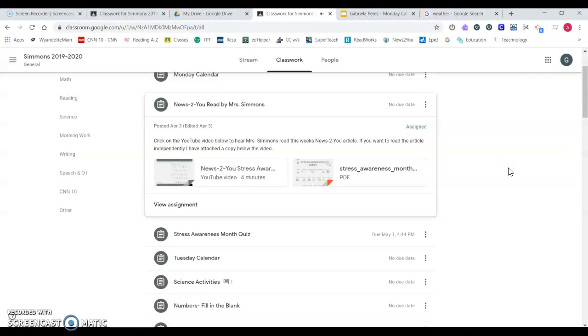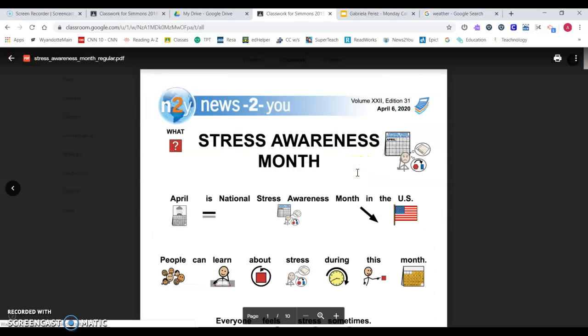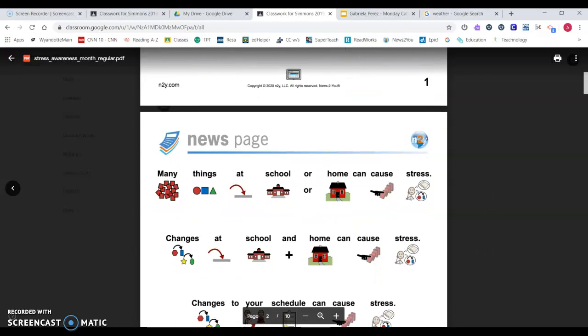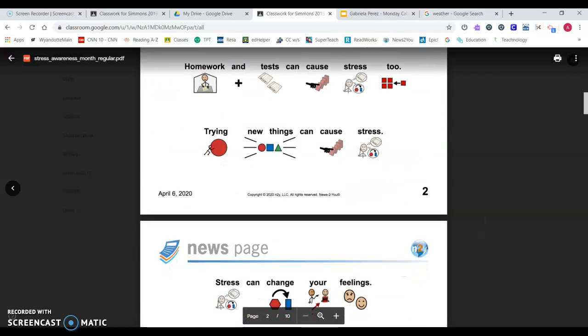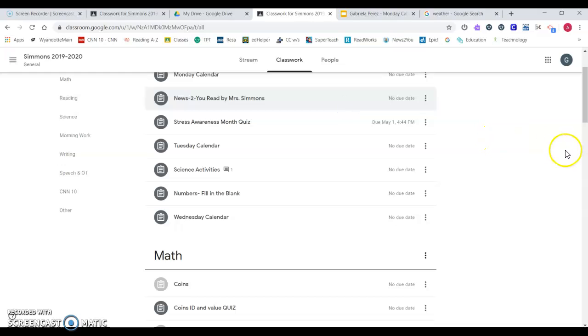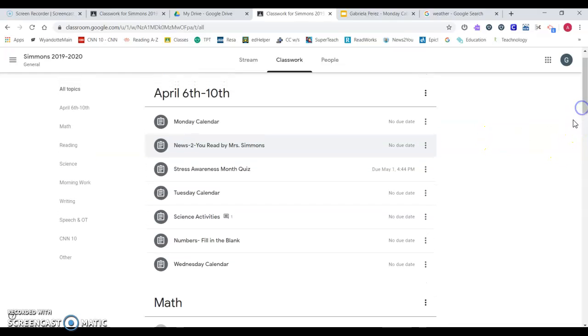So in that video, like I said, I go through and read the entire article to students. And then again, this is the PDF file. If you click this, students can read it independently. So again, it's up to your student and how they would like to do the reading. After they complete that assignment, there's only one more assignment for them to do for Monday, and it's the